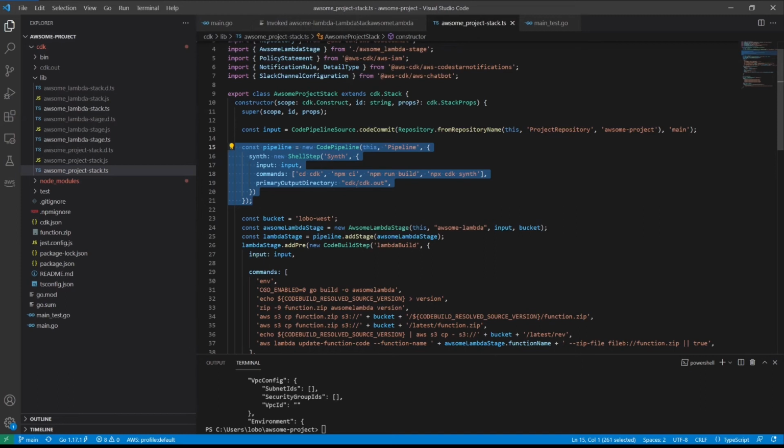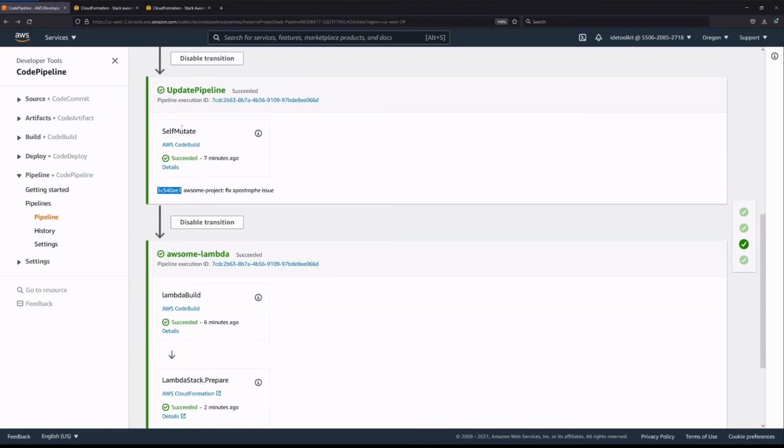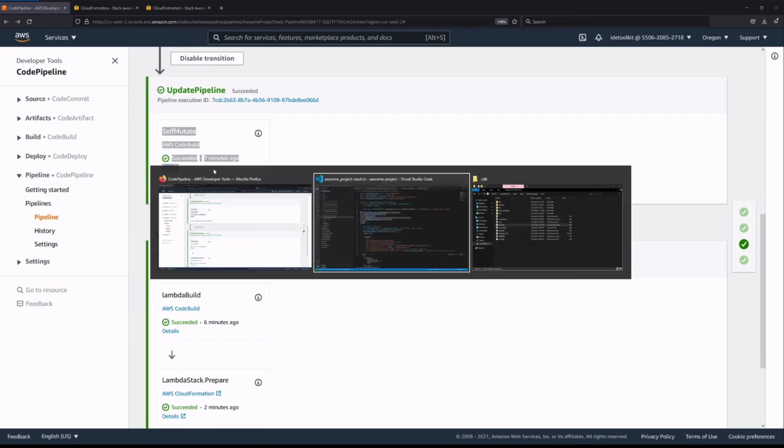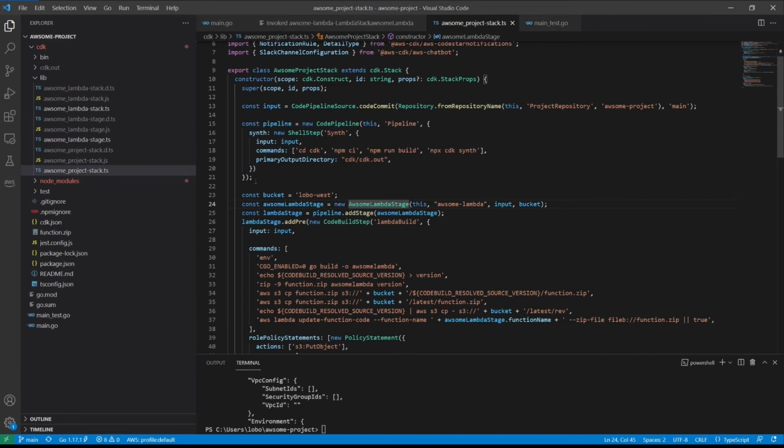She would commit and push the changes, and then the update pipeline stage, as we see here, has this self-mutate that will take a look and say, hey, something has changed with the pipeline itself. Let's change the pipeline and rerun it right now so that we get the latest, most up-to-date version of the pipeline pushing our code into production. That's all done with these 6 lines of code.